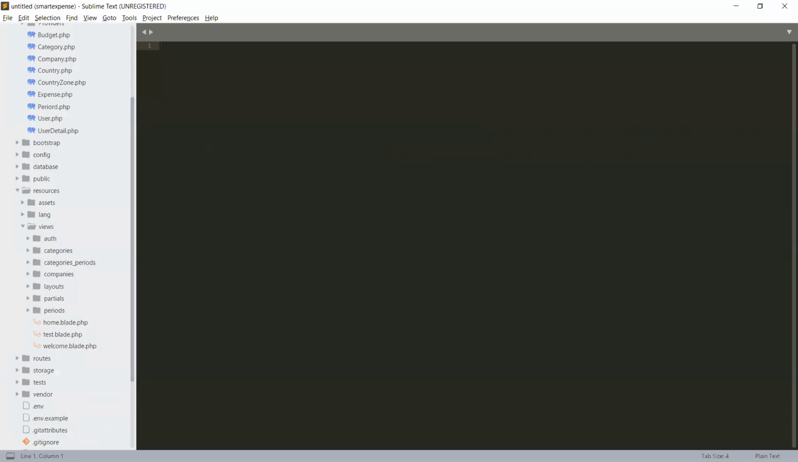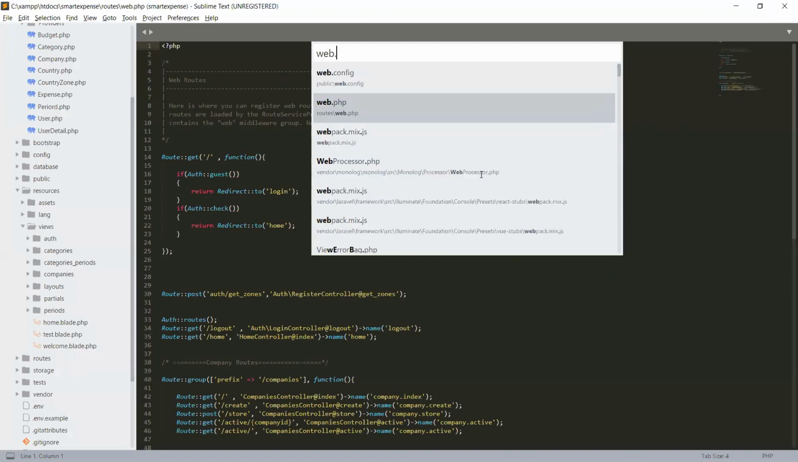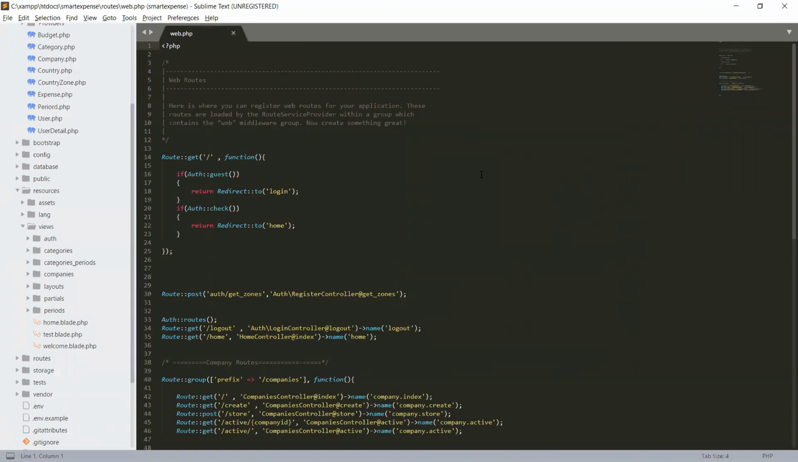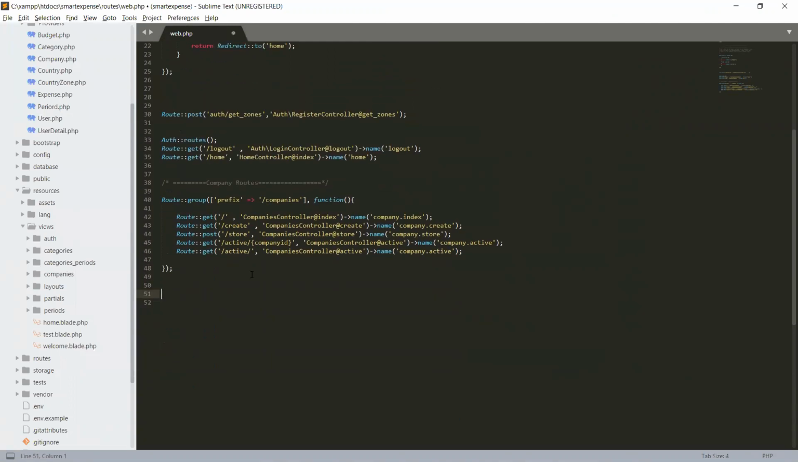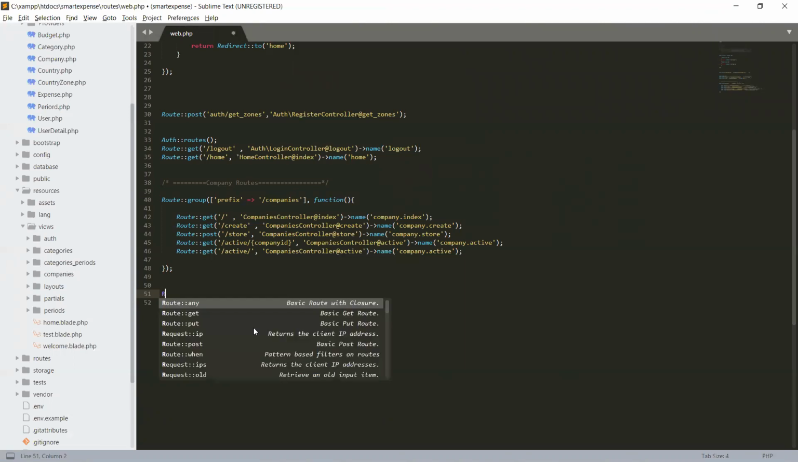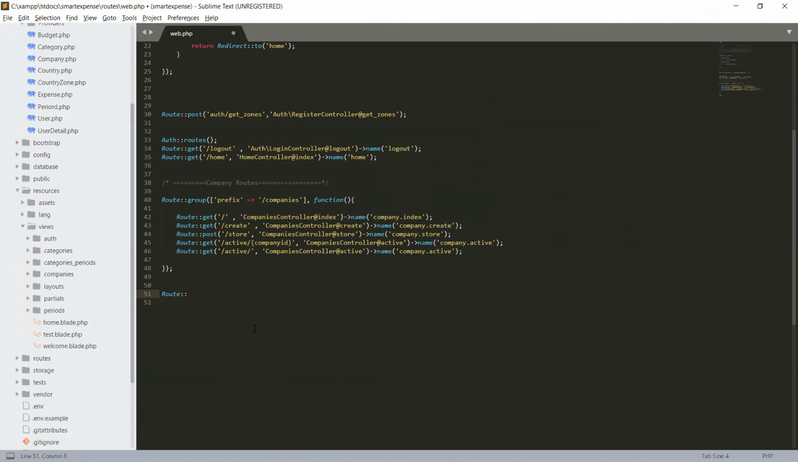Now we will create a route for our categories and the period. So Control P to search the web.php, which is in the root directory, and we can find our route file. Okay, we will create a route which will be a group,